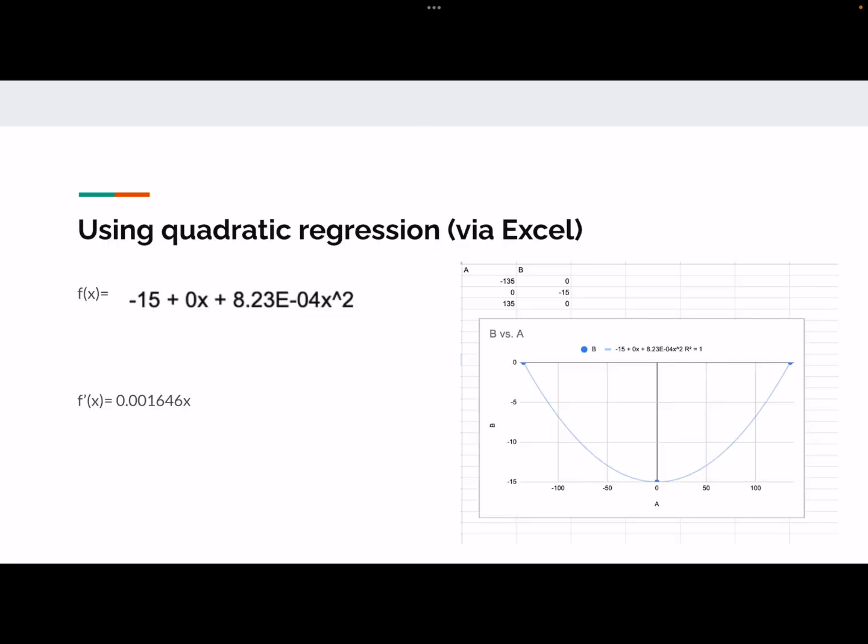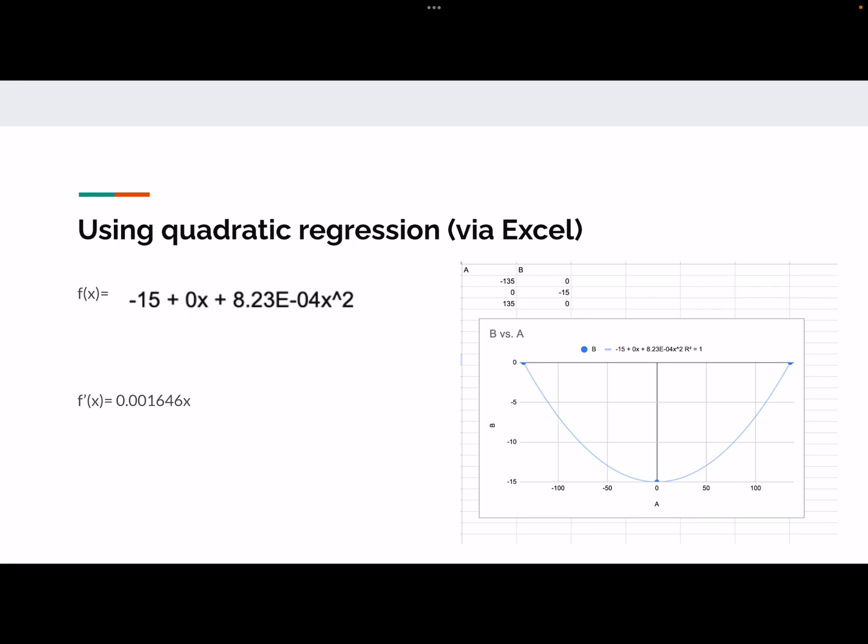0, negative 15. Using these 3 points, I used quadratic regression via Excel, as you can see in the bottom right corner of the slide. I plotted all 3 points that I had, and then I had Excel find the equation of the curve for me. This came out to be f of x equals negative 15 plus 0x plus 8.23 times 10 to the negative 4 x squared. The derivative of this, as I found, was